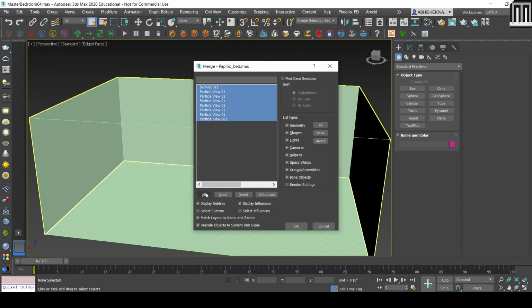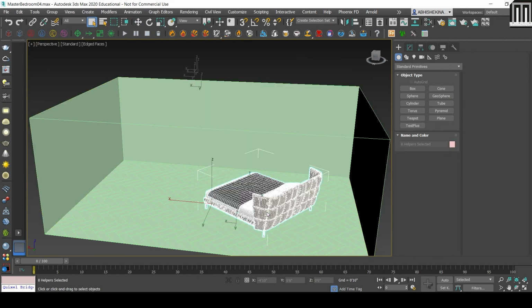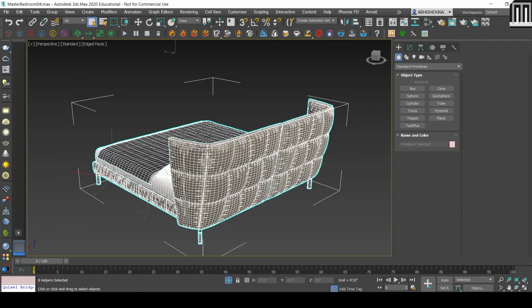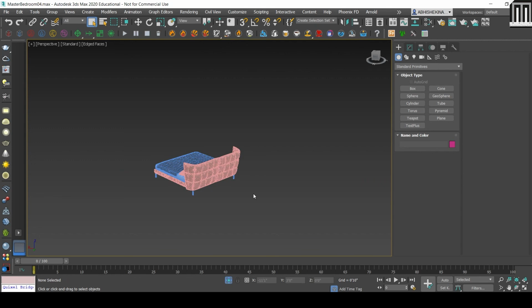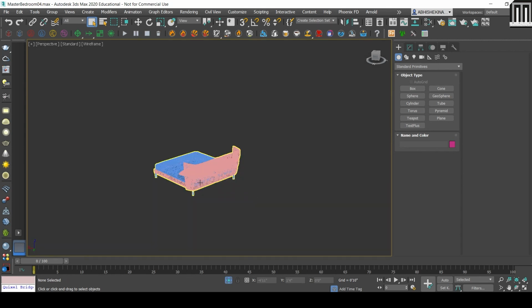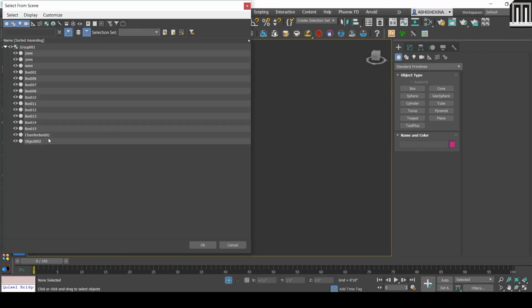I'll take this pillow, bed. Now the textures are with this. If you can see it, I'll press F3 again.